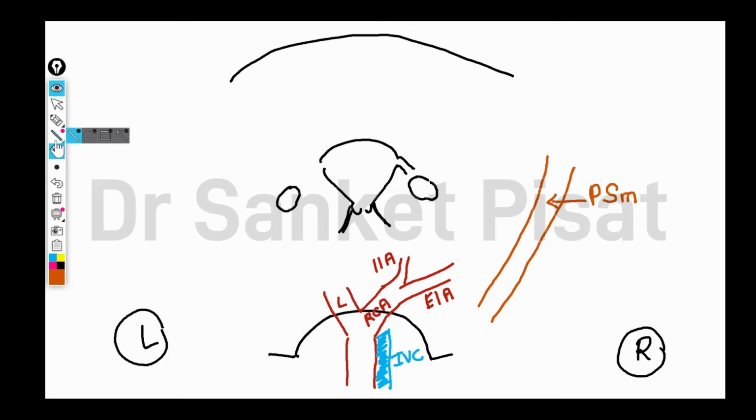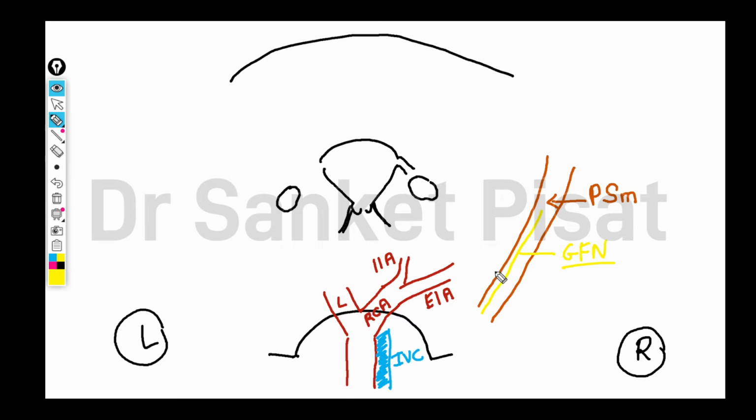Consistently on the belly of the psoas major muscle one finds a nerve. So this nerve runs over here on the belly of the muscle, and this is the genitofemoral nerve. This is the genitofemoral nerve. So this is also seen consistently over the belly of the muscle. Then once the psoas major muscle and the genitofemoral nerve are seen, when you start dissecting